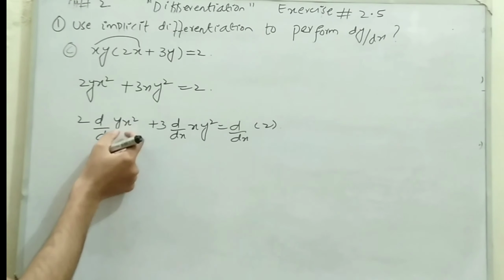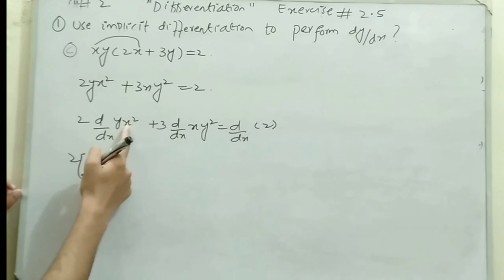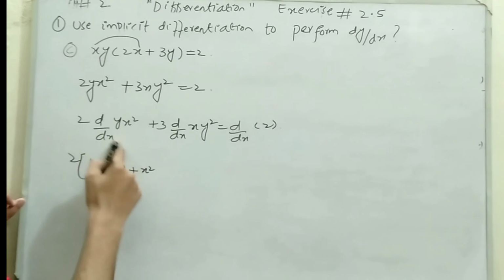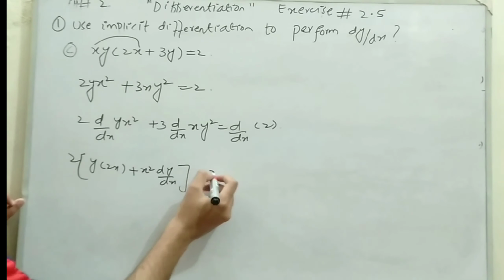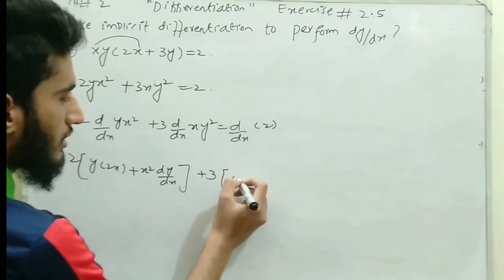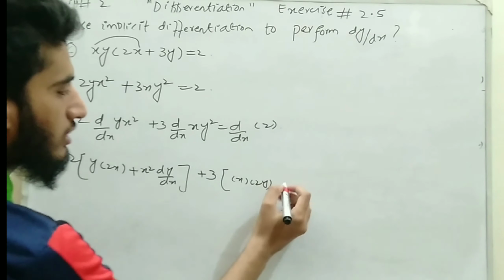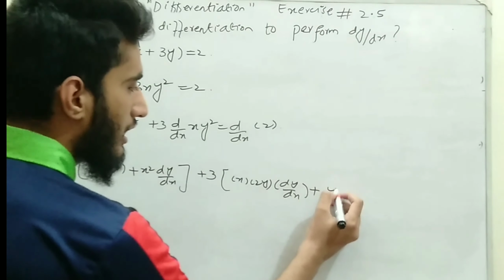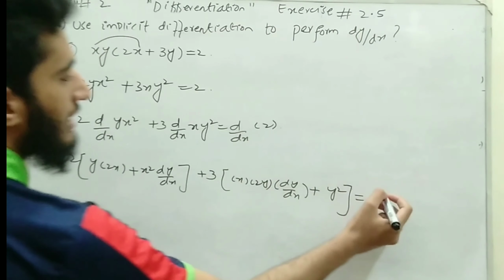Now after this, over here we will use a product rule. So multiply first function y, derivative of the second function x square, so the derivative is 2x, plus second function x square and derivative of the first function dy by dx. After this, plus 3 times of, here we will also use the generalized power rule. So x times the derivative of the second function y square will give us 2y, but here this is an inner function, so we will also write dy by dx over here. After this, plus y square times the derivative of the first function x, which is 1, so we will write just y square, is equal to the derivative of a constant, which is 0.